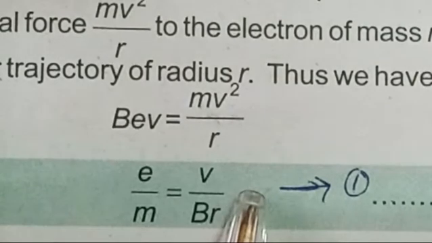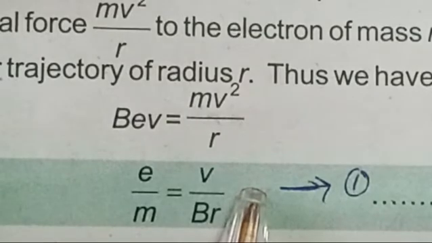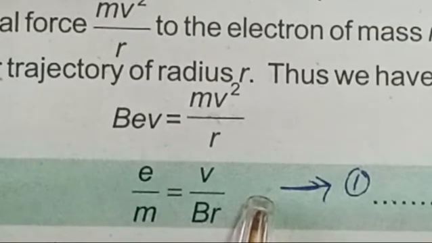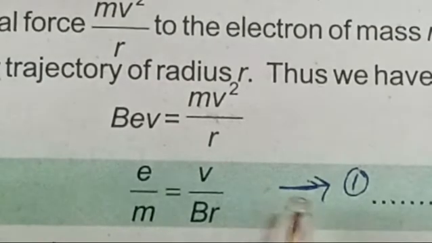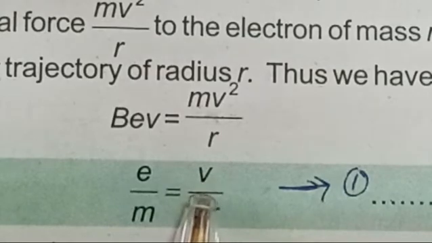A circle will appear due to the action of these gases in a circular form, and a scale is already attached on the apparatus that we will use to find the radius. As electrons are shot into this tube, they begin to move.